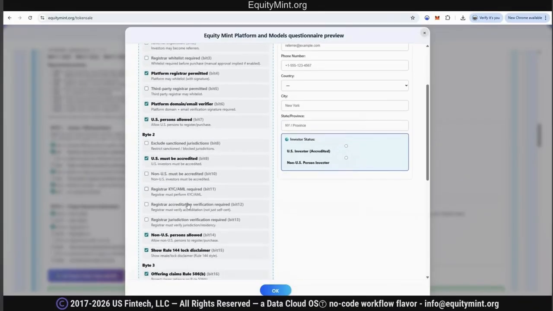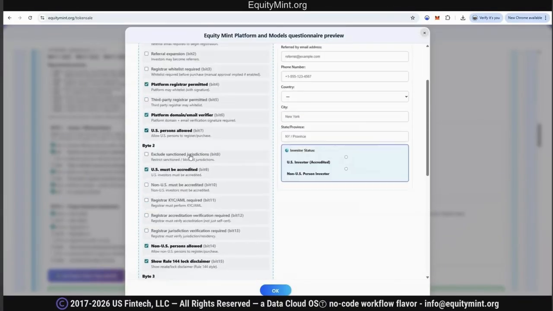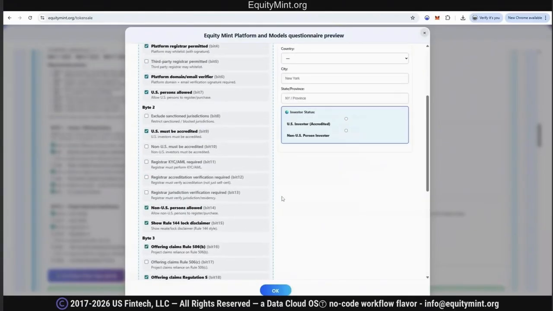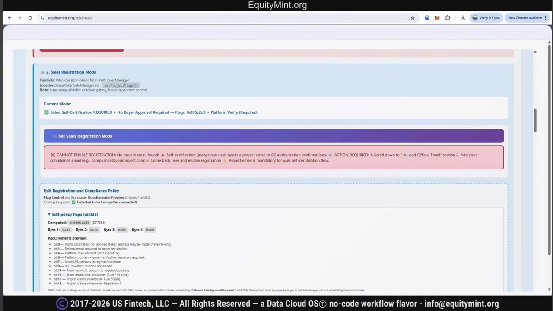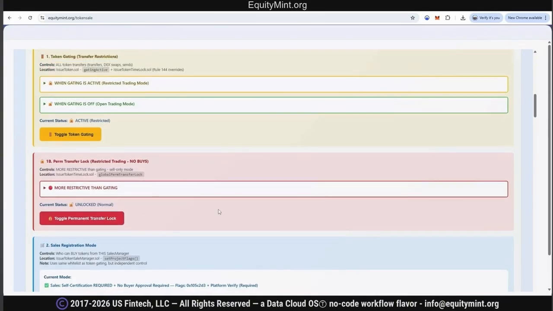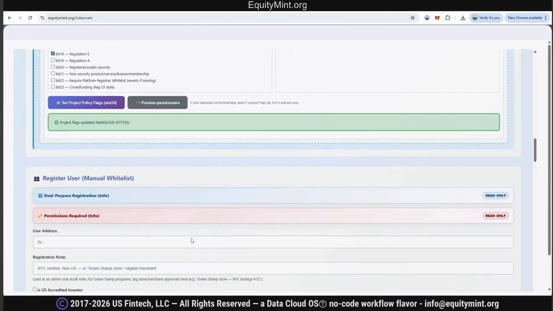Preview the questionnaire. If this were selected right now, it's not going to make that change. But in fact, byte 4 is not even shown here. So a couple of changes to make to support all these things. Nevertheless, and collapsible here. So next thing we want to do is add the email address for,